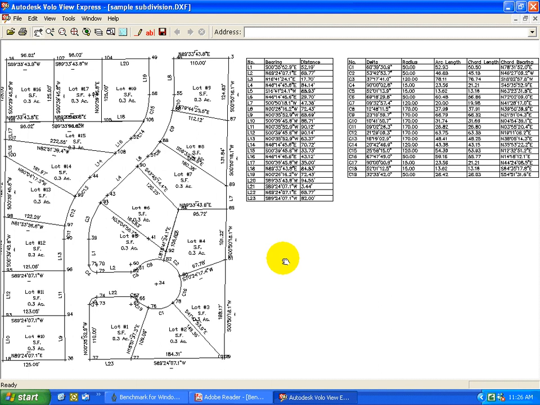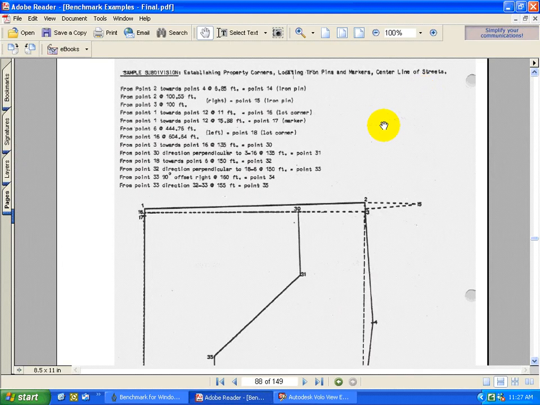And this again was part of a DXF file that was exported out to VoloView Express, which you can see up here. Here's what I'm using to view this thing, and obviously you can bring this straight into AutoCAD, in which case you'll have full manipulation of all the entities here, and in AutoCAD, of course, you can plot it to scale. In this first set of calculations we're going to do in coordinate geometry,